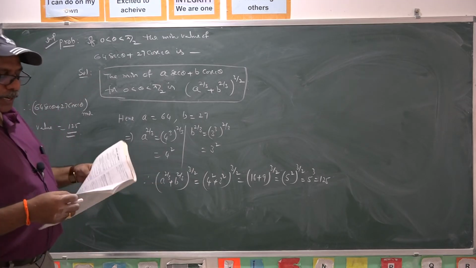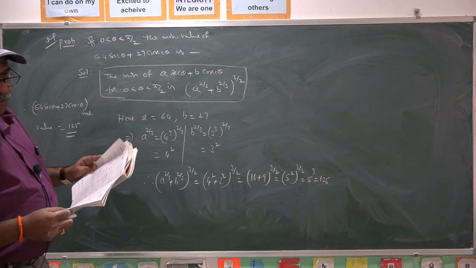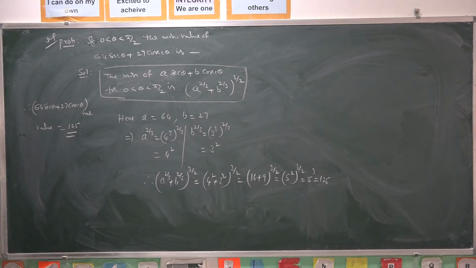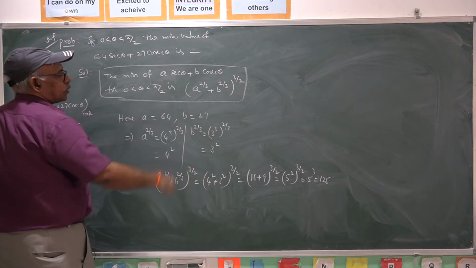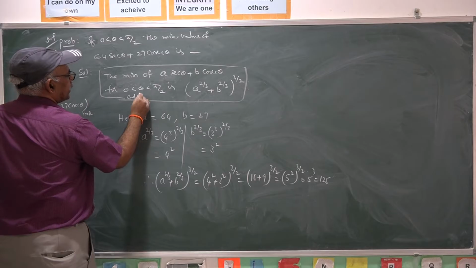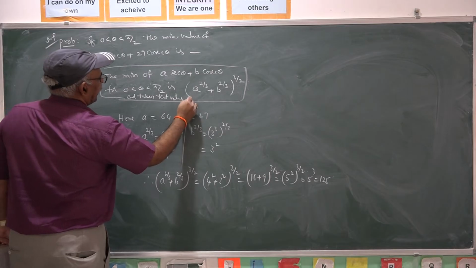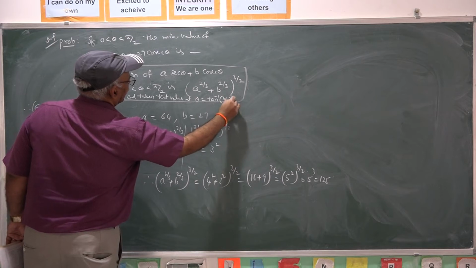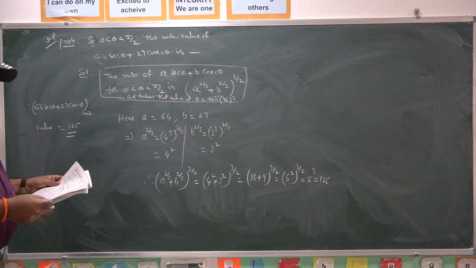125. This minimum value is obtained at tan theta equal to (B by A) whole power 1 by 3. To be observed here: the minimum of A secant theta plus B cosec theta is (A power 2 by 3 plus B power 2 by 3) whole power 3 by 2, and it takes that value at theta equal to tan inverse (B by A) whole power 1 by 3. That is the formula here.